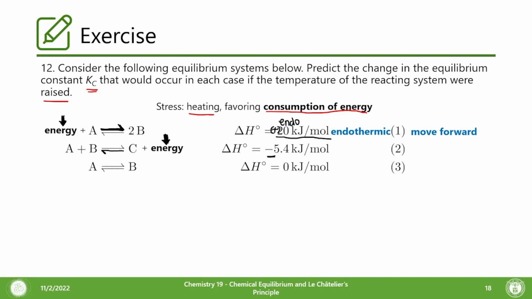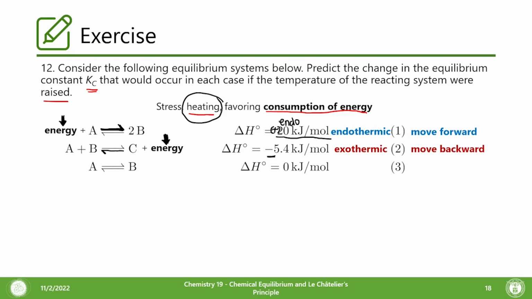Okay, going to our reactant side. And so we form an exothermic reaction and we move backward in this case. So again, what we're doing is heating in this case. Okay, it will be entirely different if we were cooling the system, but since we're heating, we were favoring the consumption of energy, applying a stress to the side with energy, and therefore allowing our reaction to move away from